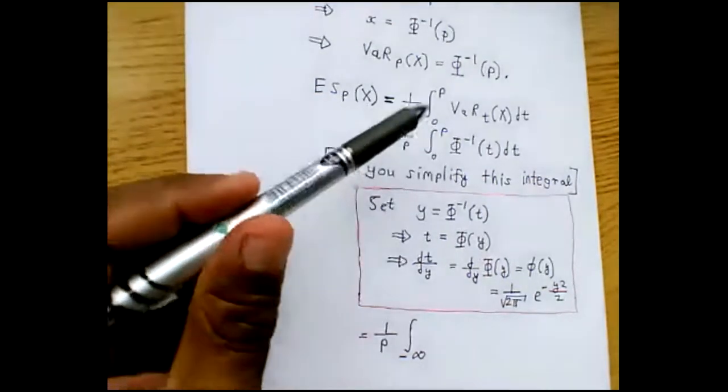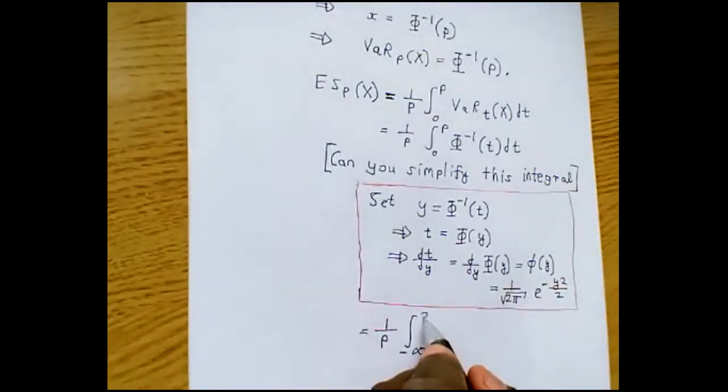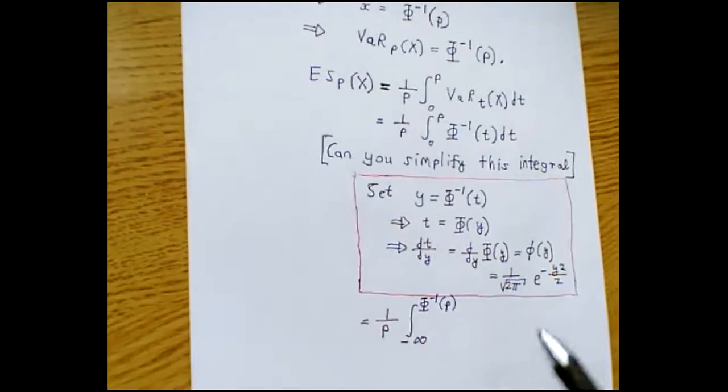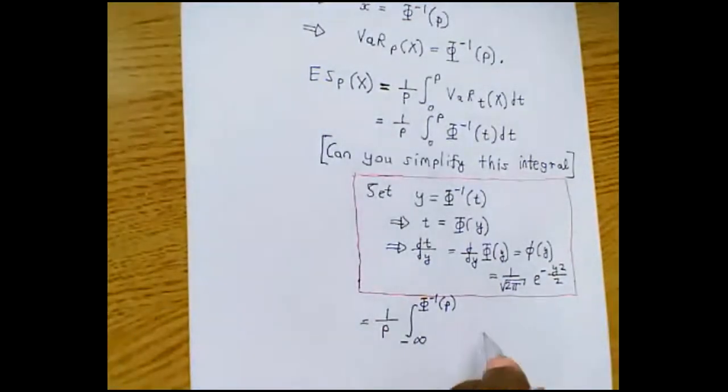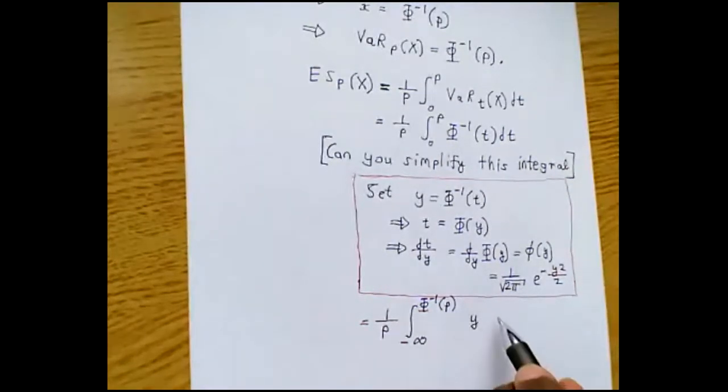When t is equal to p, you have phi inverse of p. And we know that phi inverse of t is y. So this is y times dt by dy